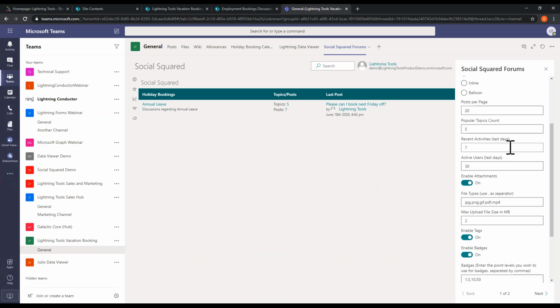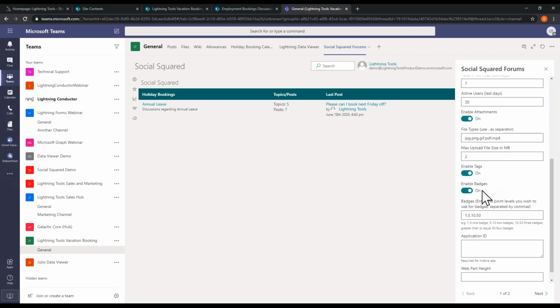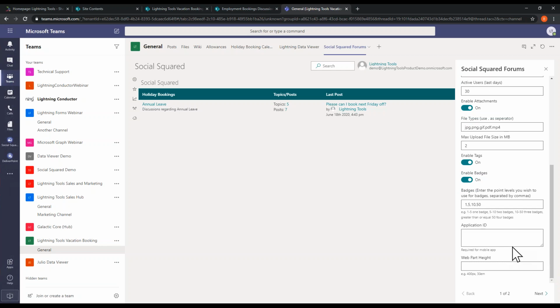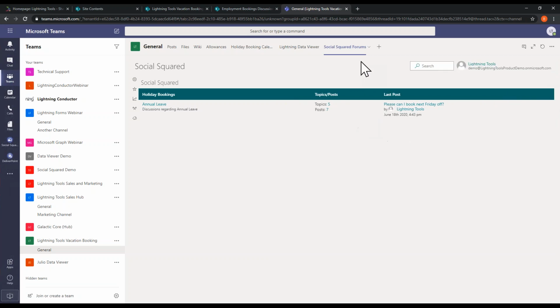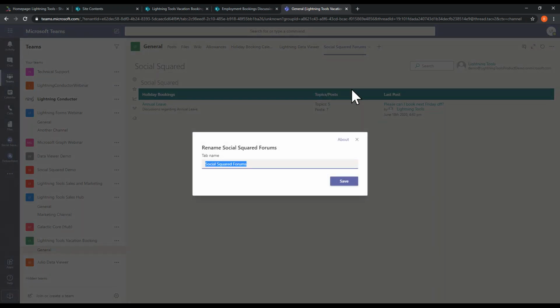And then there's just a few other refinements about how many topics per page do we display? Do we want badges for gamification? And the application ID, which is used for the mobile app. So that displays the right content in your mobile app there. And we could also come in and rename this to holiday discussions